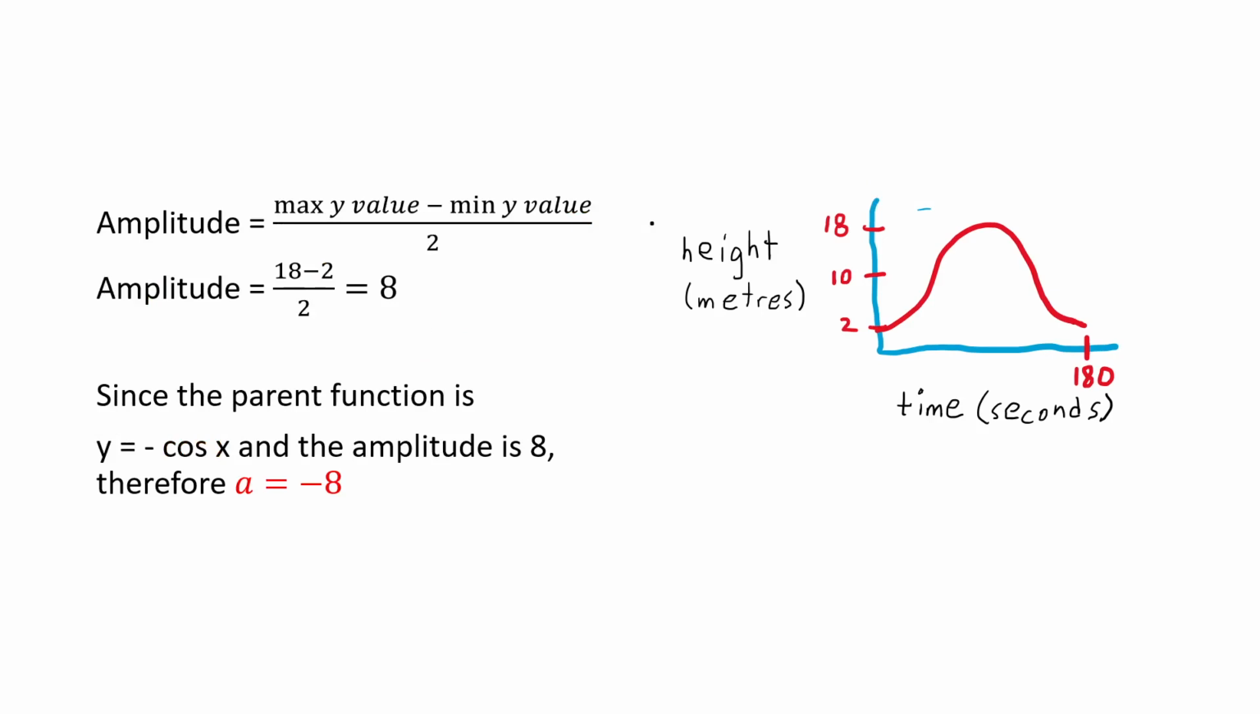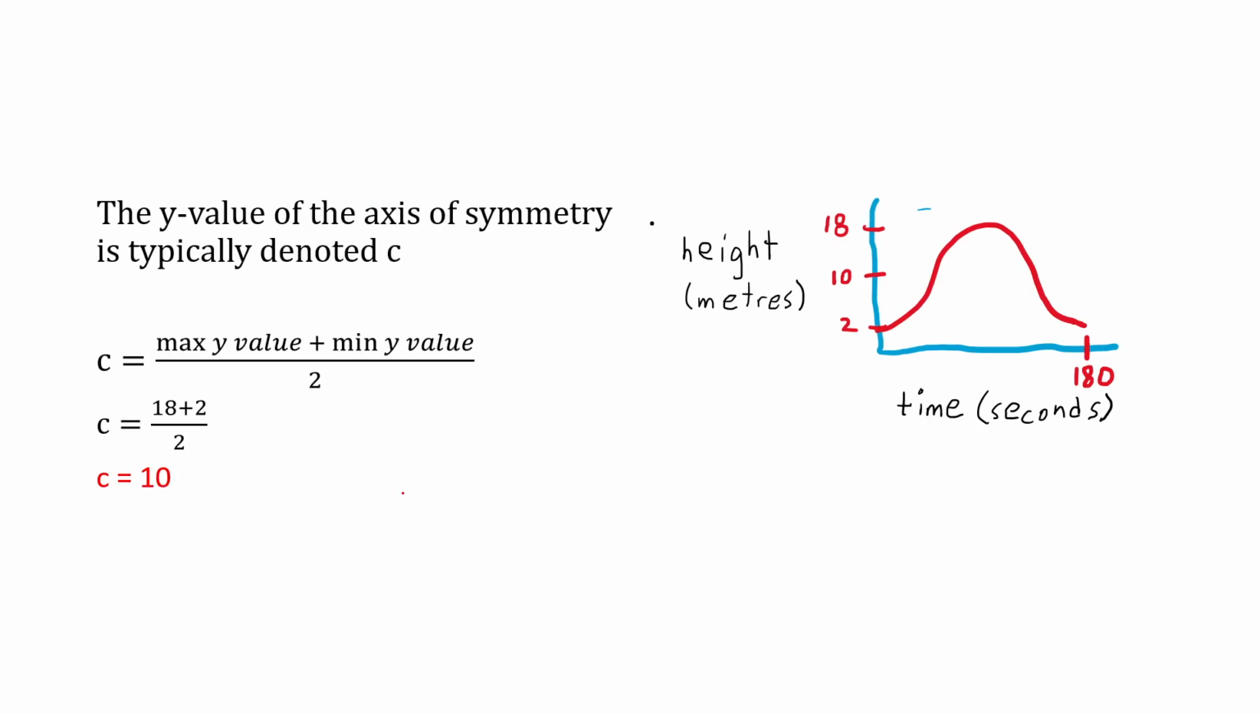Okay, now the amplitude is 8 because the maximum y value is 18 and the minimum y value is 2, and 18 minus 2 quantity over 2 is equal to 8. And since the parent function we're using is negative cos x and the amplitude is 8, we're going to say a is equal to negative 8. The axis of symmetry is going to be denoted by c. Well, that's the middle y value. We can tell by observation that it's 10, but if you can't tell, then what you do is you take the maximum y value, add the minimum y value, and then divide that by 2,